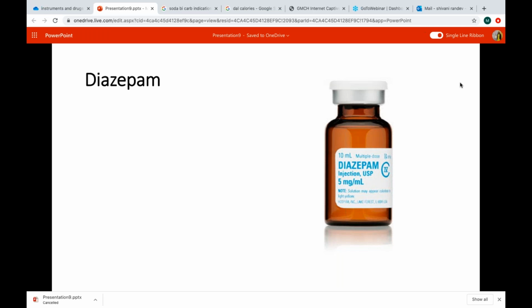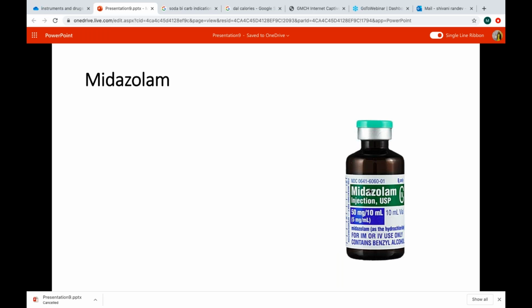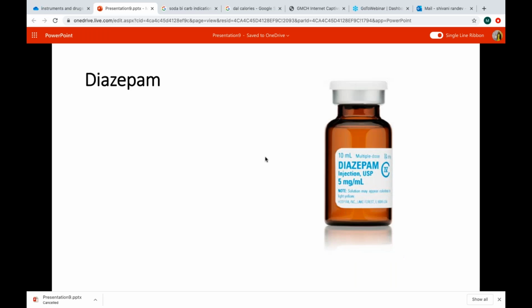And this is diazepam. तब तक बताओ, diazepam कहाँ use करते हैं? Seizures, yes, seizures, status epilepticus. और कुछ कोई indication? Sedation के लिए हम usually avoid करते हैं, हम midazolam use करते हैं यहाँ पे. So you should know the dose also. What are the side effects of diazepam? हाँ जी. What are the side effects of diazepam?